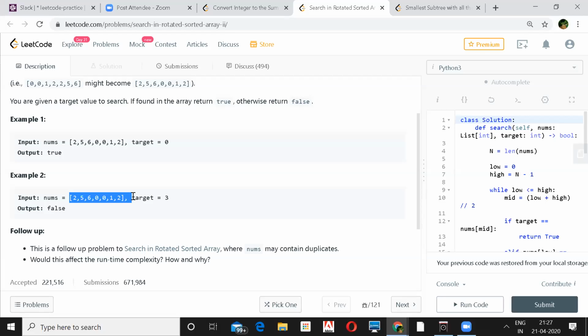Yeah, that's right. The only concern with duplicates will be if they are at both ends, left and right. I think the way you were saying, you are taking care of that, right? Yeah, I can share it if you want. Yeah, sure, you can share it. Okay, go ahead.